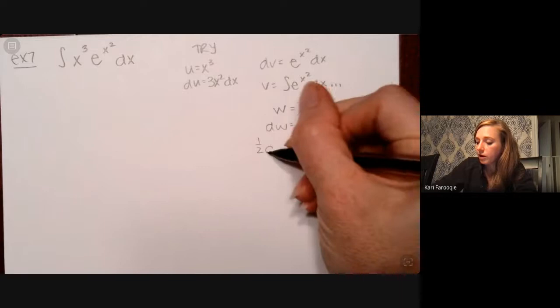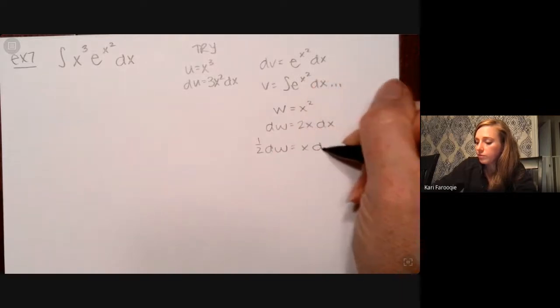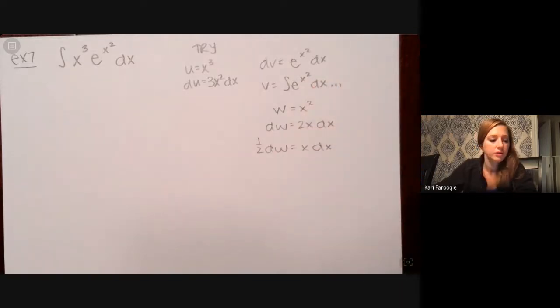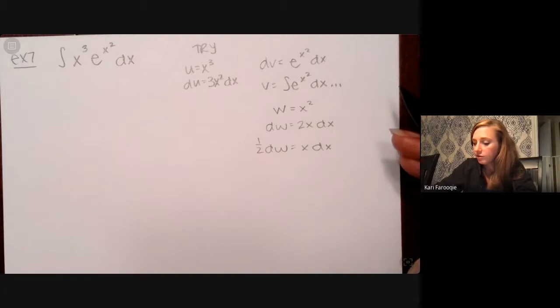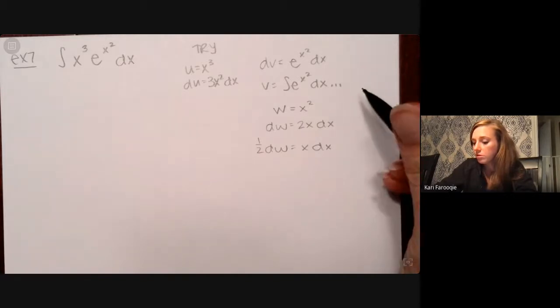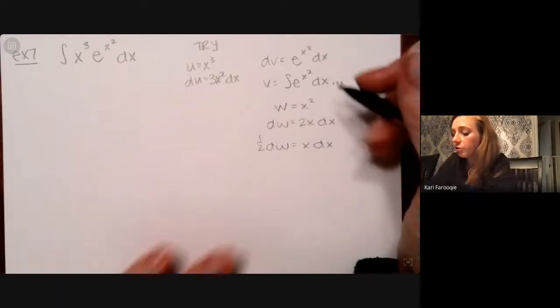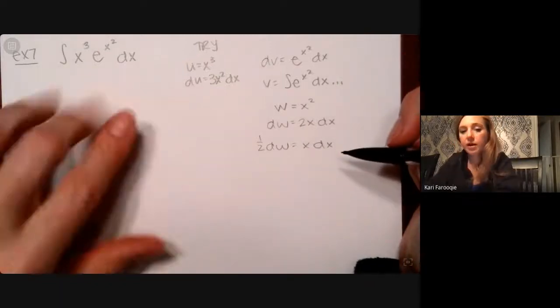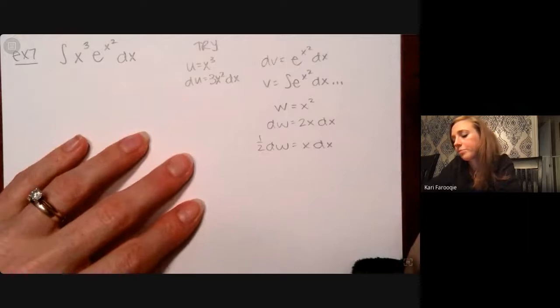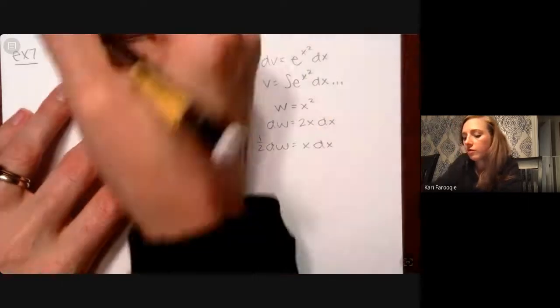Then we would have 1/2 dw is x dx. Okay. Now, if we have x dx and we want to come up with x cubed dx, we're going to have to multiply that out. And you might be wondering, why would I want to come up with x cubed dx? Well,